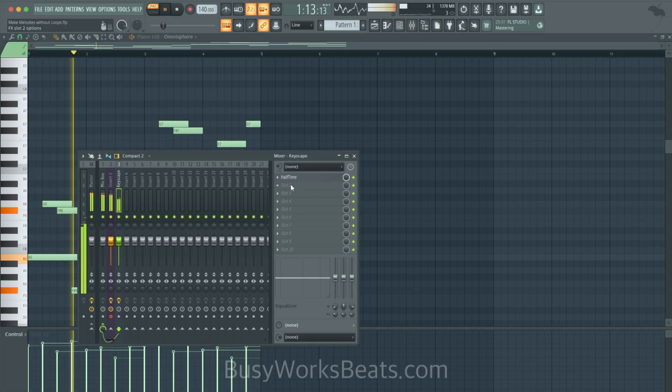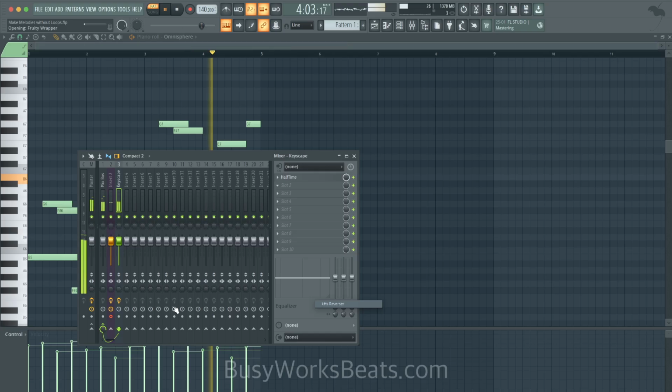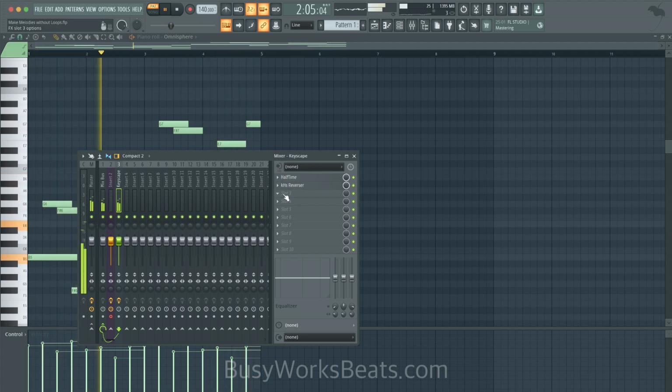Add your reverser tools. Okay, so now you have a unique melody.